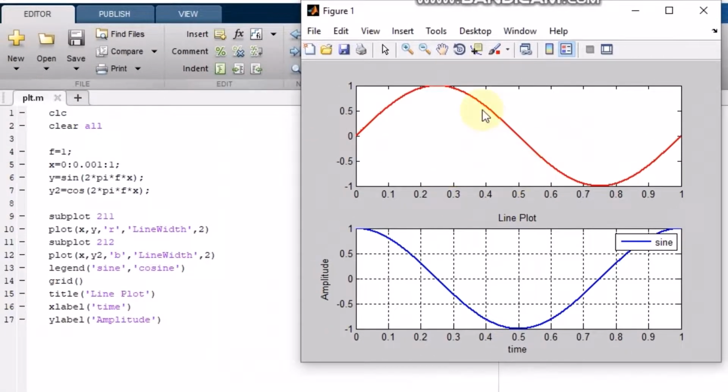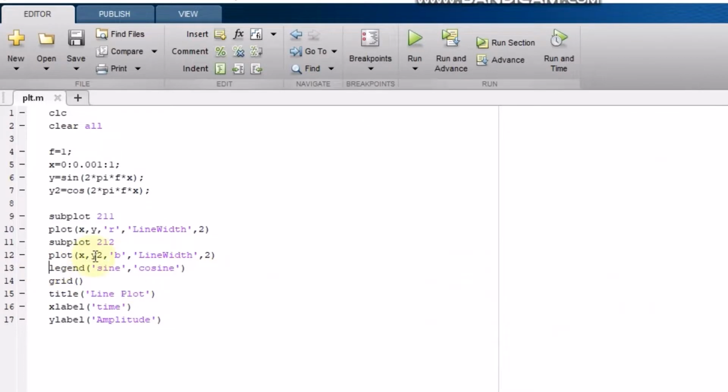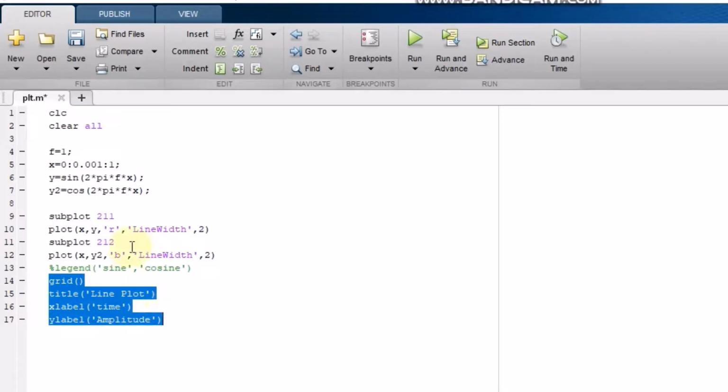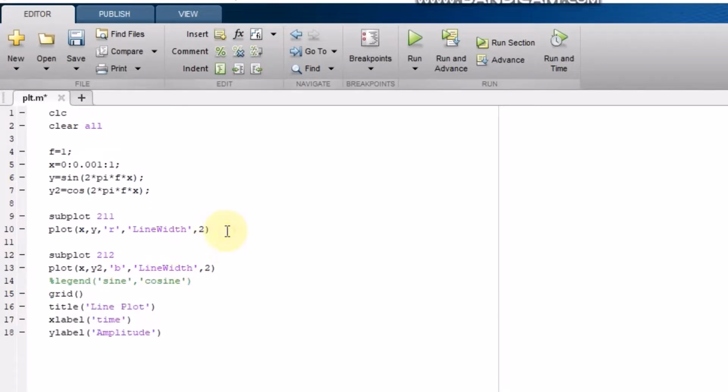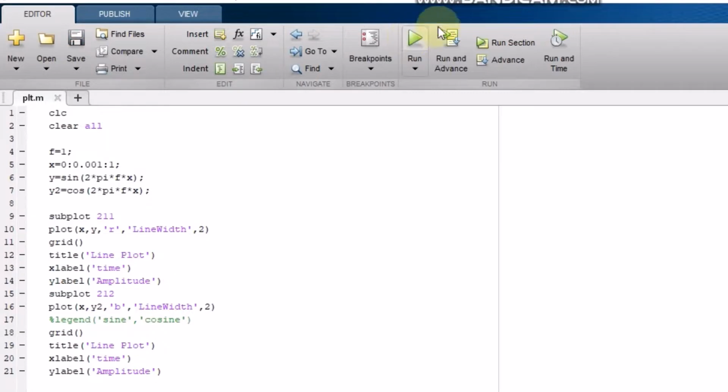and you will see that in this one column and two rows, the first one here is the sinusoidal waveform, while the second one here is the, which one, cosine. Why is it showing this one? Because I am using legend with the second one only. So let me remove it, and similarly use these two with the upper one as well, and now printing it,